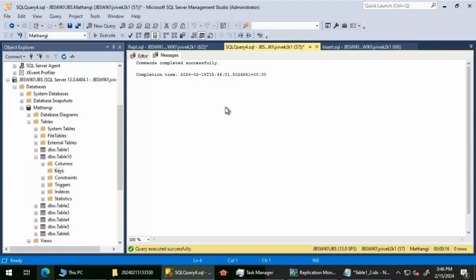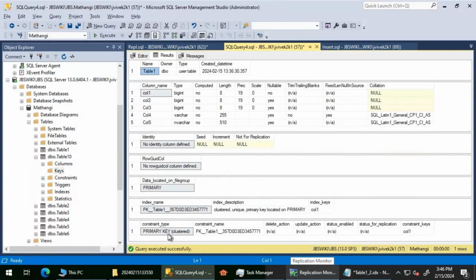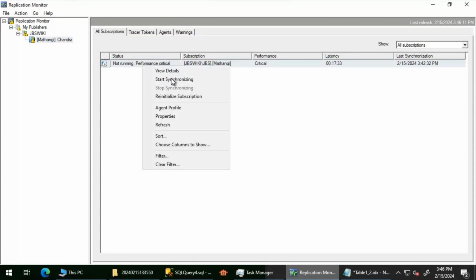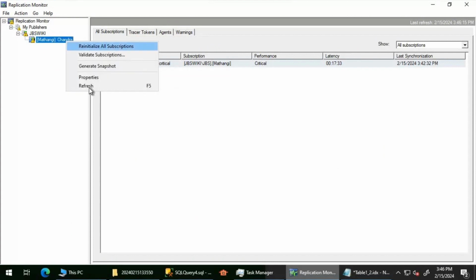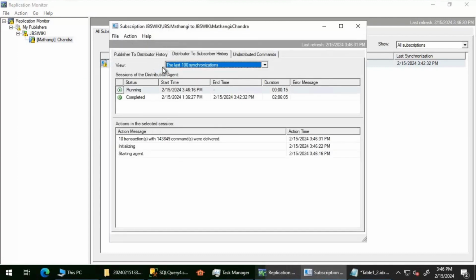So it is completed now. Let's run Alt F1 and ensure that we have the clustered index and also the constraint. Everything looks good. So now I'm going to start it. One option is what we have done, wherein we stopped the distribution agent and started it all over again after creating the primary key constraint. The second one is to remove the article, create those constraints properly, and then create a new publication or add it to the existing publication,